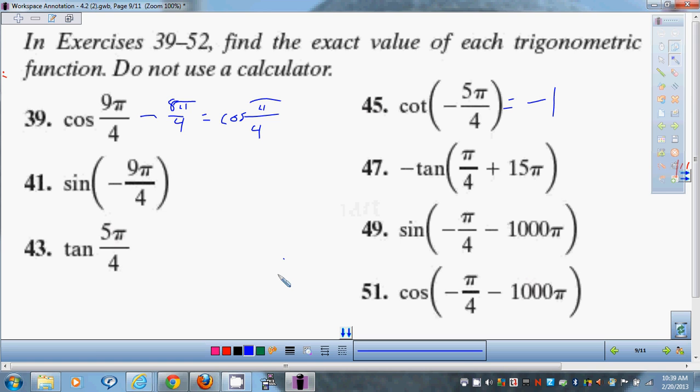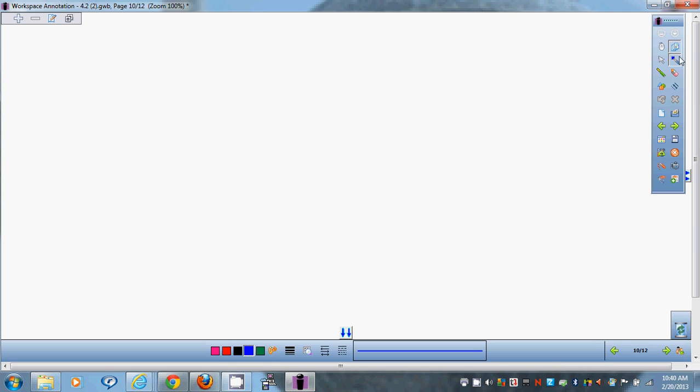Let's do a few more of those. I'm going to give you 2 examples, and then I'll call on somebody at random to give me the answer, not just volunteers. So everyone needs to do it. Let's see. How about, well, I'll even go crazy. I'll give you reciprocal functions. Secant, negative secant of negative 3 pi over 2, plus